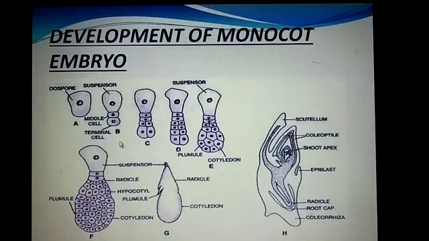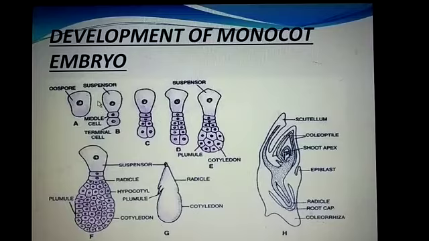Same here, 2 cells are formed, but one cell does not divide and the second cell divides again in the 2 cell stage. So how many cells are there? 3. The zygote is divided into 2 cells, a larger cell and a smaller cell, and one cell does not divide further while the other divides again into 2 cells. So here the 3 cell stage is formed.